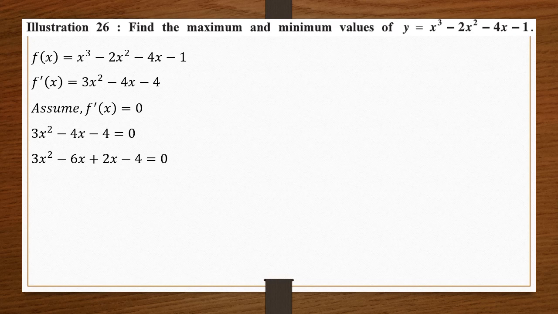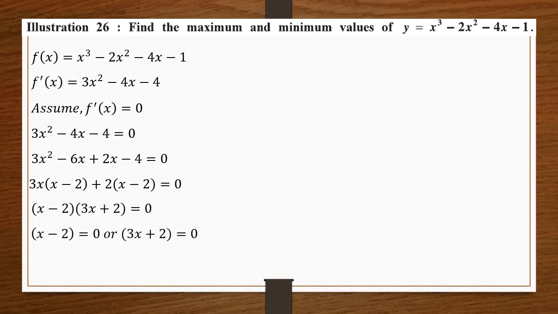I need to get the common values out of it. The first part will have the common 3x, while the second part will have common just 2. So when I remove 3x from the first part, the remainder is x minus 2. When I remove 2 from the second part, the remainder is again x minus 2. That's what I want to have. Okay, now when I simplify it, the factors are x minus 2 and 3x plus 2, that is equal to 0. So x minus 2 is 0, or 3x plus 2 is 0. So when I simplify it, x is equal to 2 or x is equal to negative 2 upon 3. So these are the two options of x which I have.